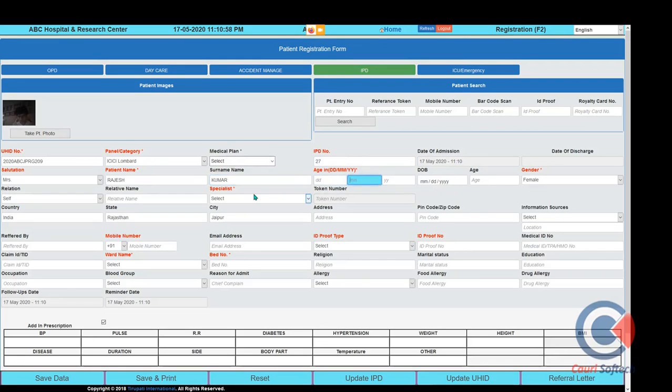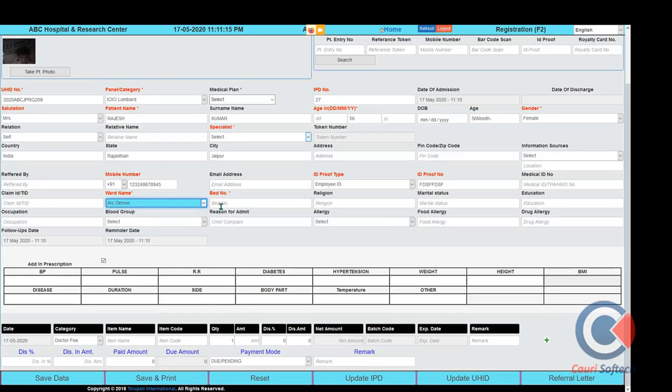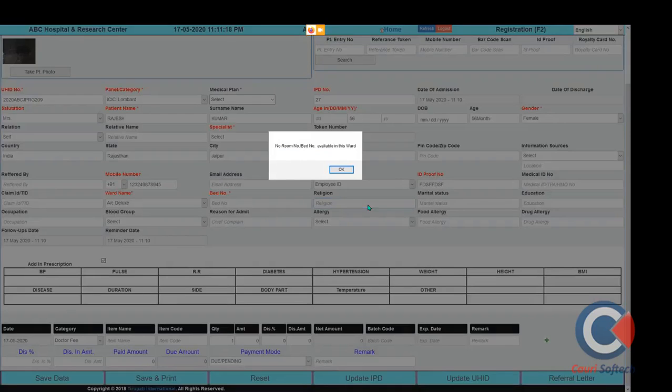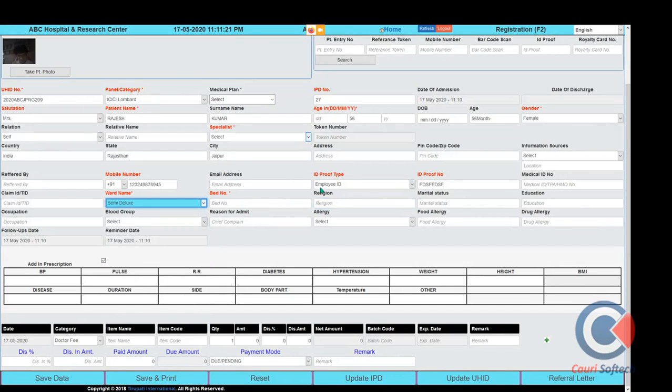So let's fill in some entries and patient information, mobile number, etc. ID proof: you can select any and put the information of the relative's ID number, and the ward or room in which you are going to admit the patient. You can assign that room to the patient. A vacant room will be allocated by the system automatically. Further optional details you can fill. If any room is not vacant, we can select another room. And the reason options are there that you can fill.